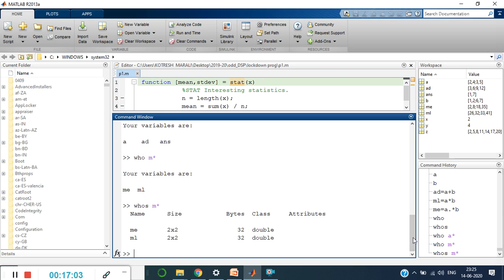You got to know different types of commands in MATLAB. We used the length command, the who command, followed by whos, followed by who A star, which locates only the variables starting with alphabet A.